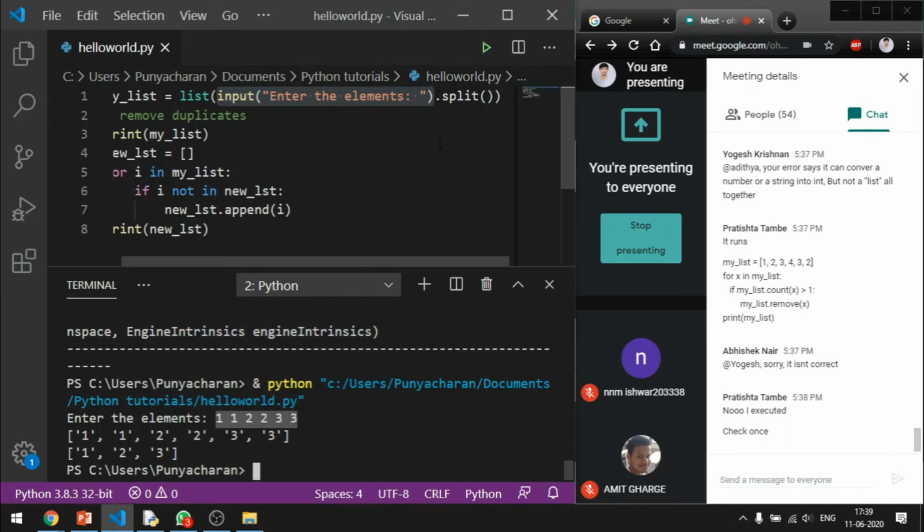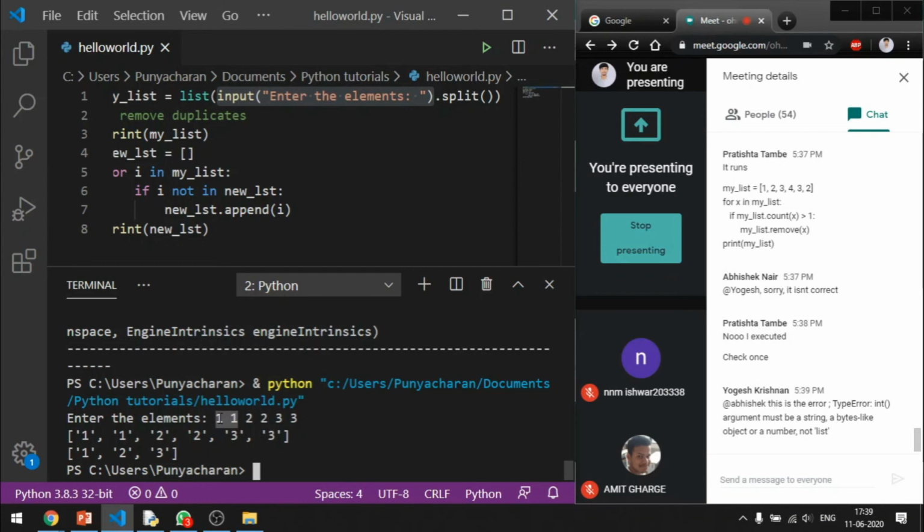Then it is going to split. How is it going to split? Wherever there is a space, it is going to split those two consecutive elements. In the middle of one and one, there is a space, so it is going to split one as one element and the second one as another, and so on.